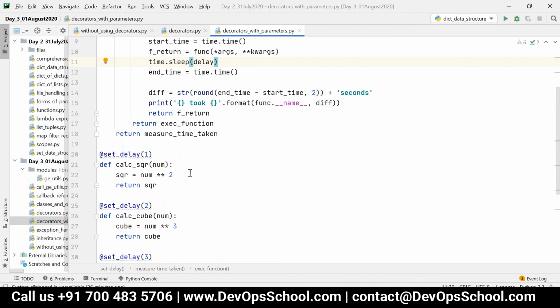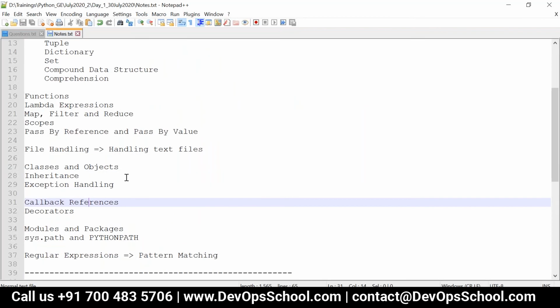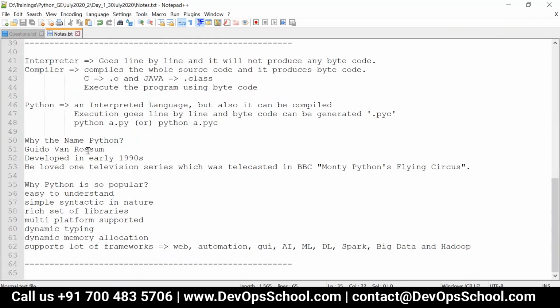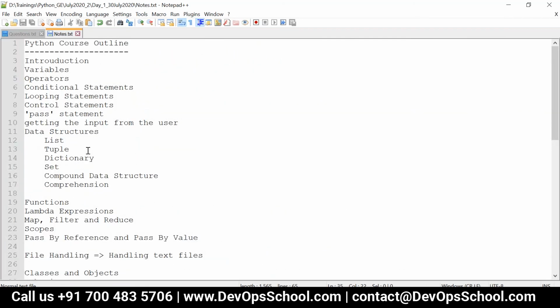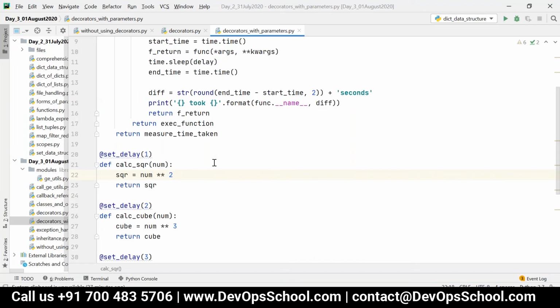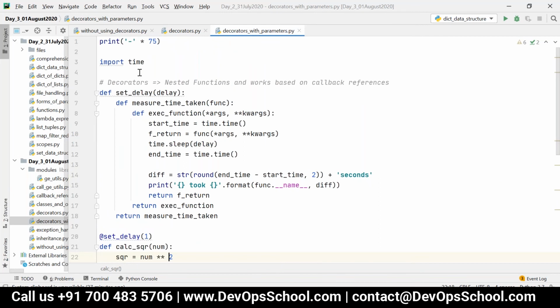Okay, so now we'll take just a 10 minute break. And then we'll see the last topic of the day. I think everything is covered except regular expression. So we'll see regular expression. Do you have any idea on regular expression, Ajmal? Yeah, you have a little bit of idea.